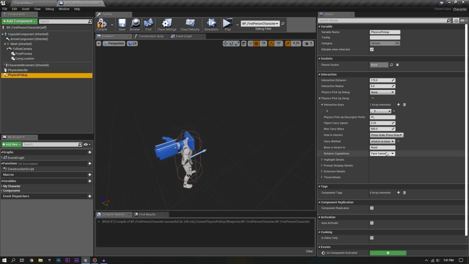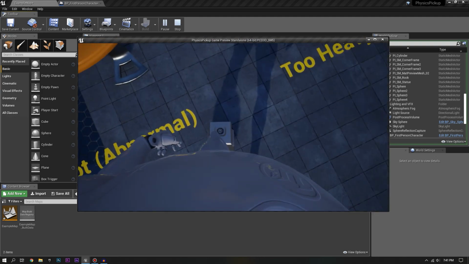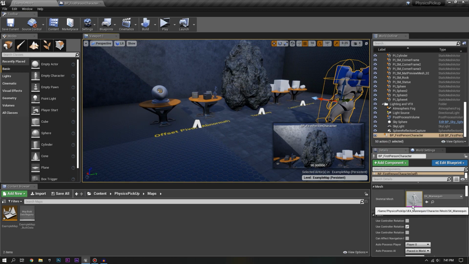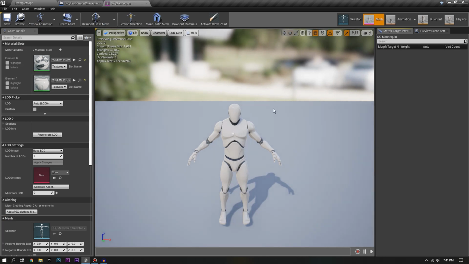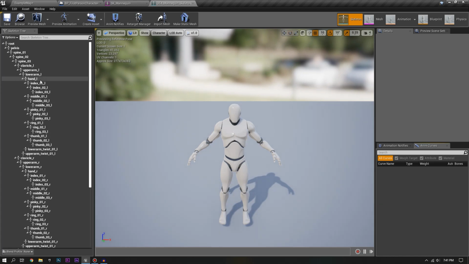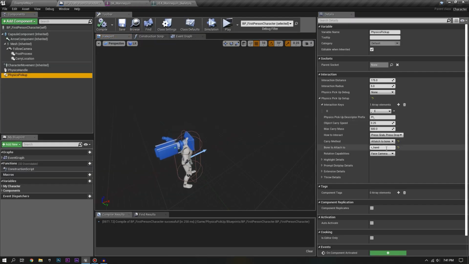Next up is attach at bone. So if I use, for example, r_hand, I believe it's r_hand. Nope, not r_hand. Let's go into the model and see what it is. So if I go into the skeletal mesh of the character, this on screen here, I go to the skeleton, I can find wherever the hand is. Hand_r is what I would want to use. So come in here, hand_r,